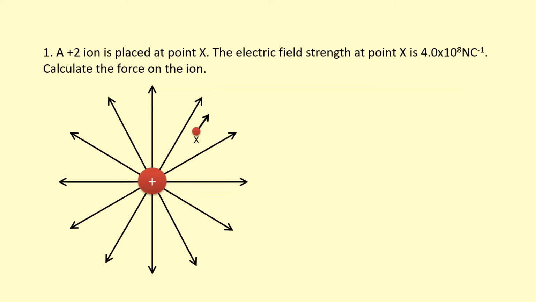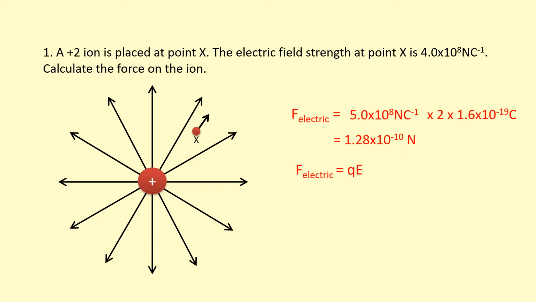In this example, a +2 ion is placed at point X. The electric field strength at point X is 4 times 10⁸ newtons per coulomb. Calculate the force on the ion. Okay, so we've got the electric field strength, which is the newtons per coulomb, the force per unit charge. So if we multiply by the charge that we've placed at X, we can get the force. So we times it by 2 times 1.6 times 10⁻¹⁹, because we have to use actual charge, not just a relative charge. So we get the force here. Basically, we've just used this equation where the electric field strength times the charge gives us the force,